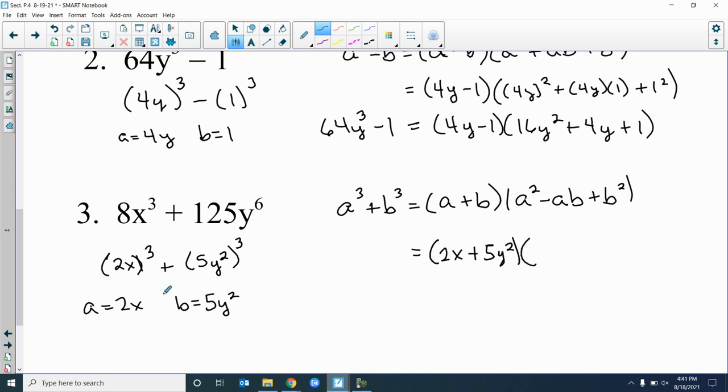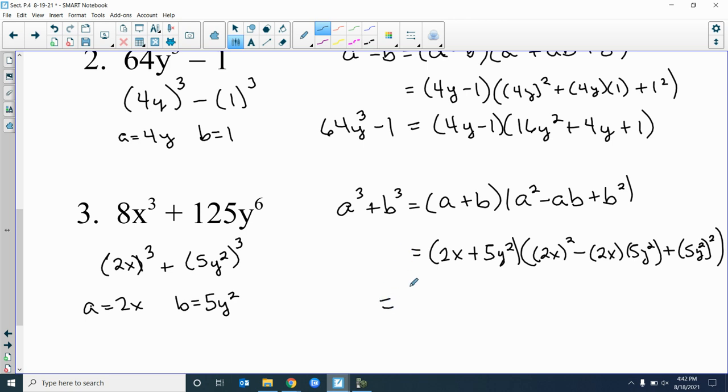A squared, since a is more than just a single constant or a single variable, put it in parentheses. 2x squared minus a is 2x. B is 5y squared